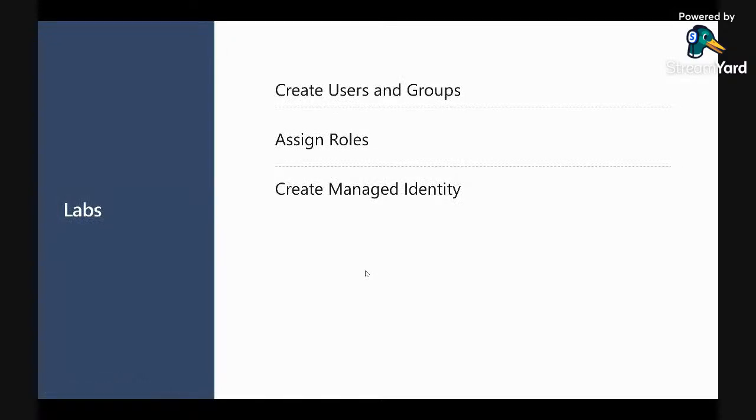Before we go back to the slide, let's see how we create a managed identity. So I'll go back to my lab. Let's talk about